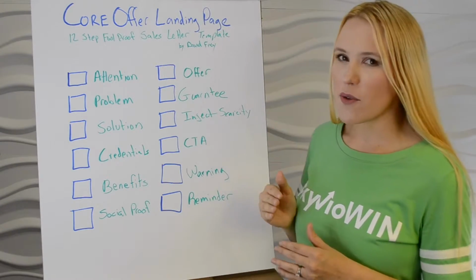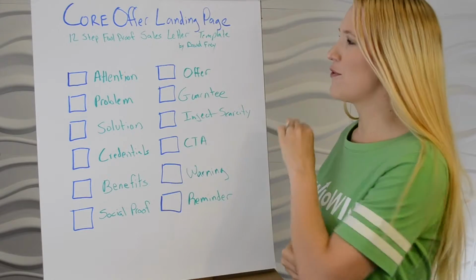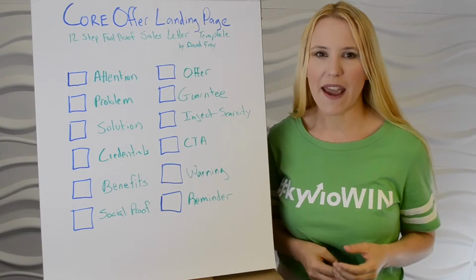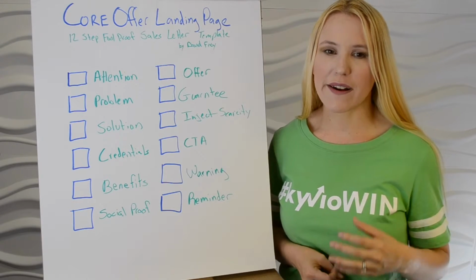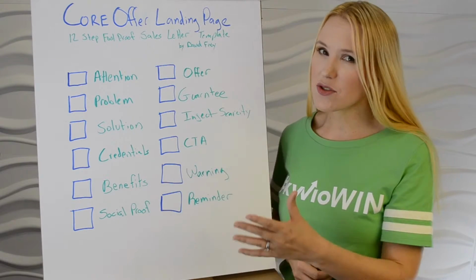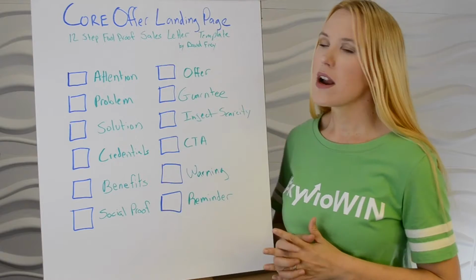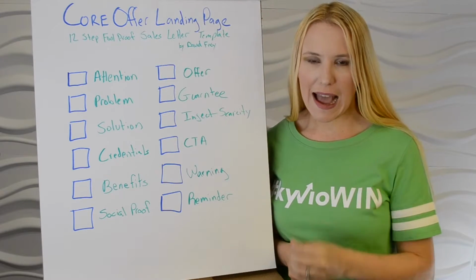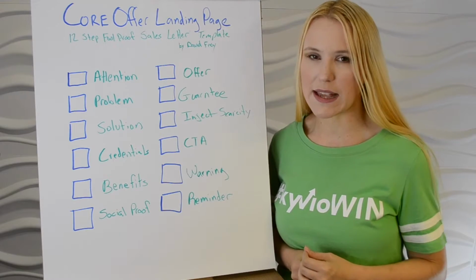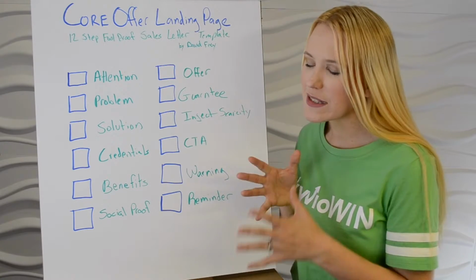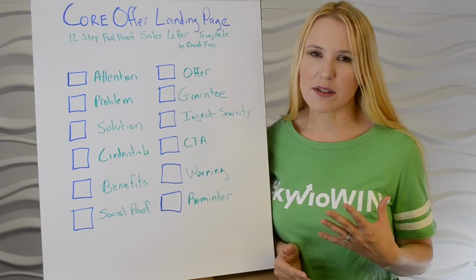I'm going to kind of go over the 12-step foolproof sales letter template by David Frey. And the reason I'm doing this is because whenever I've built a core offer or a sales landing page, even my entry point offer ones, I try to remember these 12 key aspects because they really relate to how people actually purchase things. So at the point that we're selling our core offer, we've already started to build a relationship,